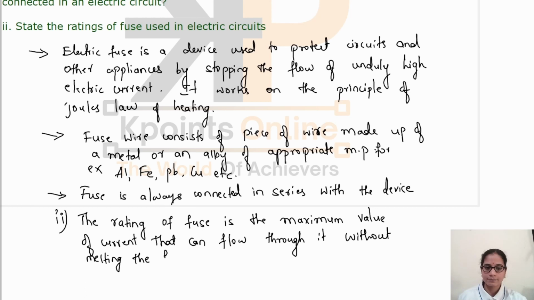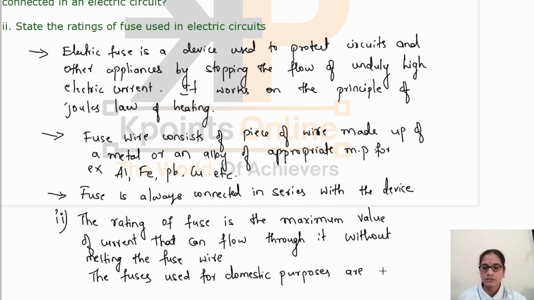And the fuses used for domestic purposes are rated as 1 ampere, 2 ampere, 3 ampere, 5 ampere and 10 amperes. In this way, the fuses used for domestic purposes are rated as 1 ampere, 2 amperes, 3 amperes, 5 amperes